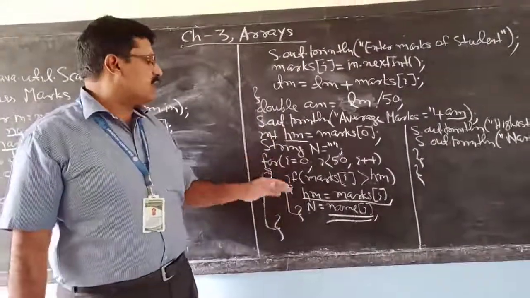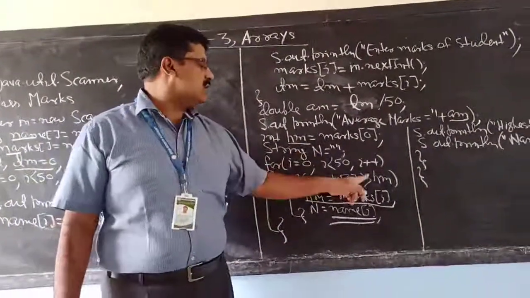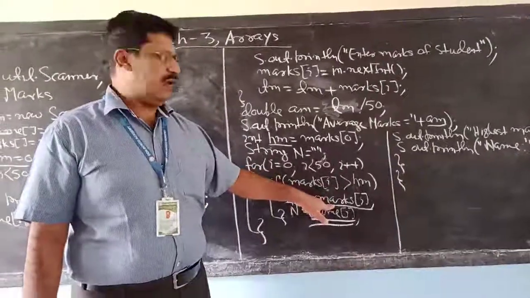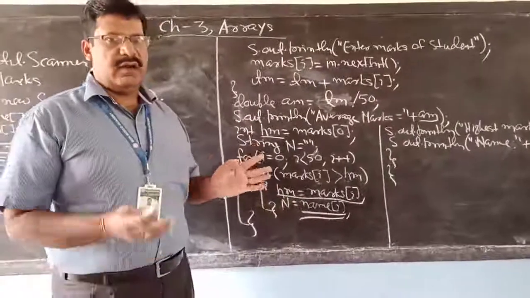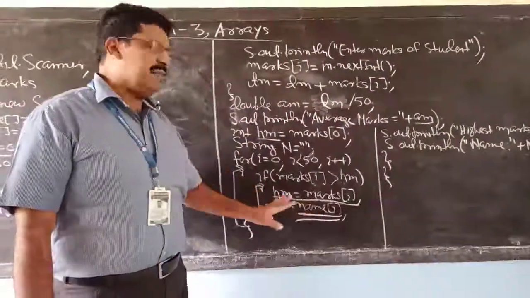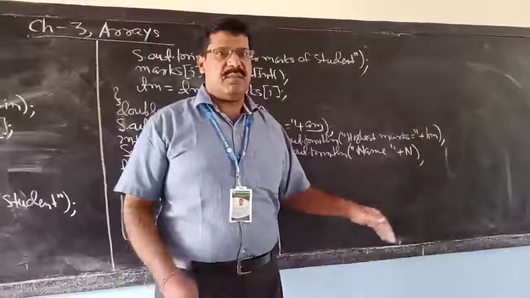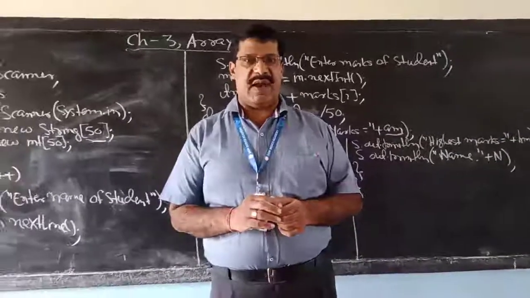In this loop, by linear search we pick marks one by one and compare with the highest marks. If it is greater, the highest marks will become that marks, and the name will be name[i]. So after completing the loop, the highest marks is stored in HM and the name is stored in n, and once we come out of the loop, print the highest marks and print the name. So this was question number 6, write it in practice. Thank you.